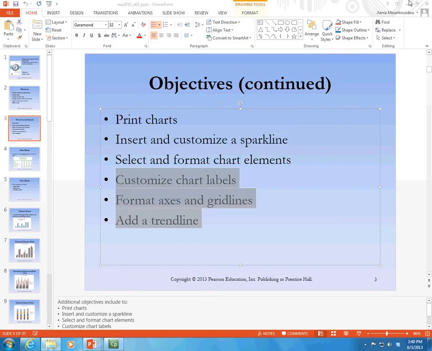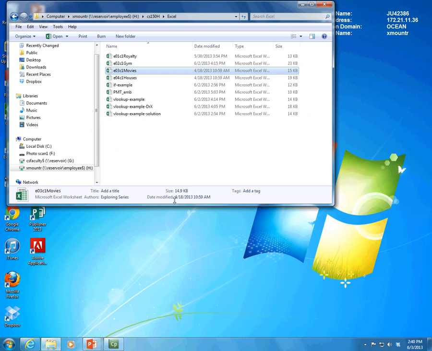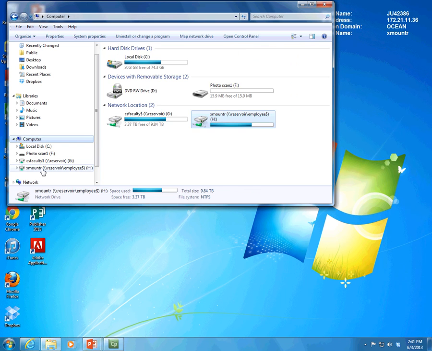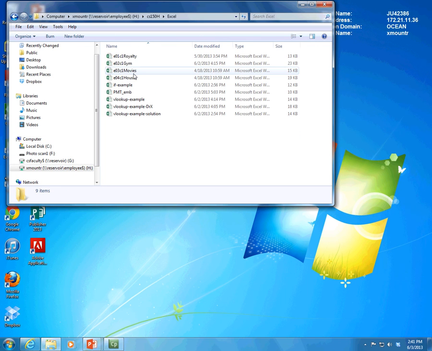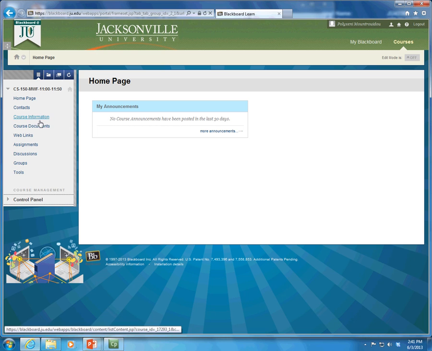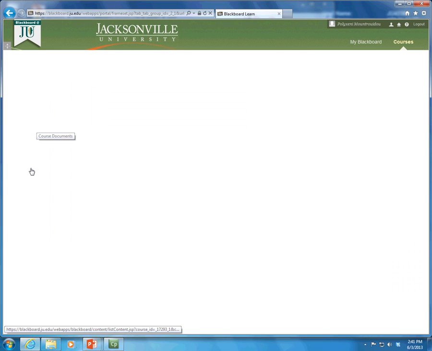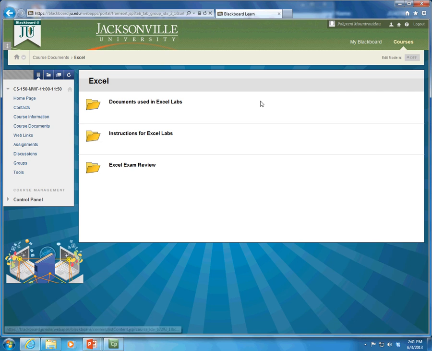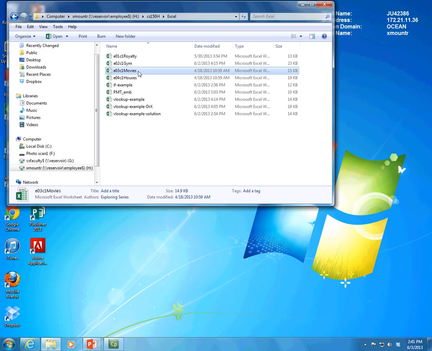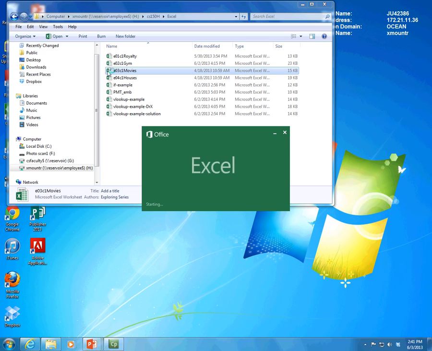We've got lots of things to work on. What we've got to do is go to our H drive where we have downloaded, if you have not already done this, you may pause the video and download the E03C1 movies file from Blackboard Course Documents, Excel, Documents used in Excel. The document we will be using today is E03C1